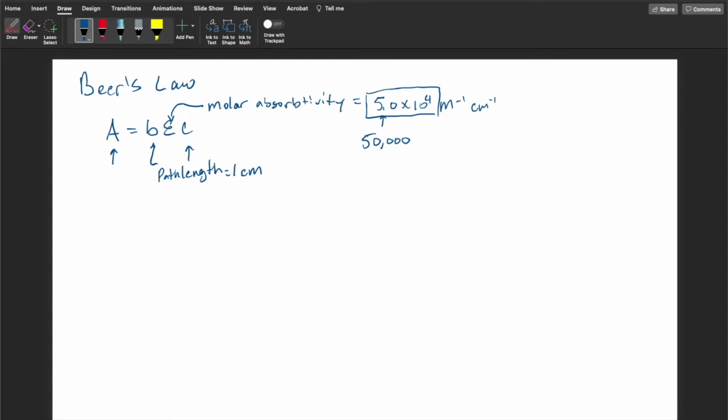absorbances, right? Because A equals B E C, and all you have to do to solve for C is divide both sides by B E, and so now A over B E equals the concentration, right? So that's the formula that you're going to put into the Excel file at the very top of that column,